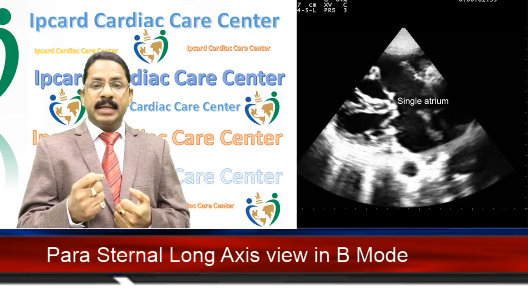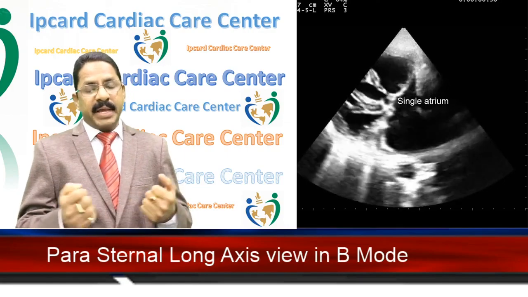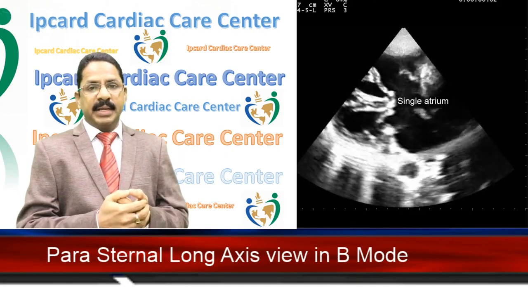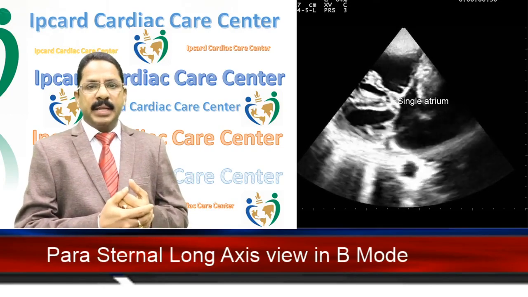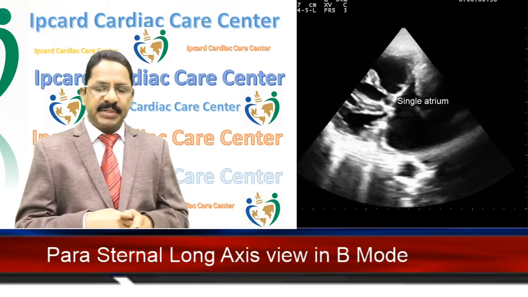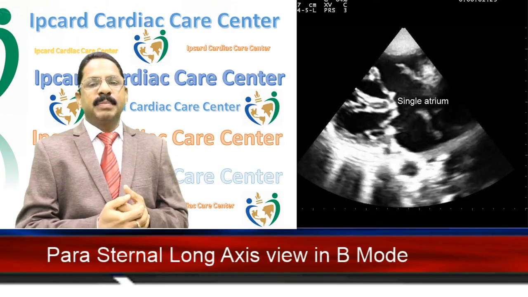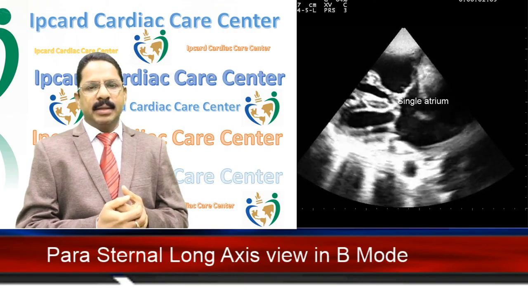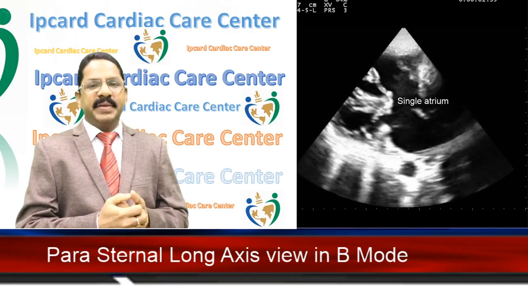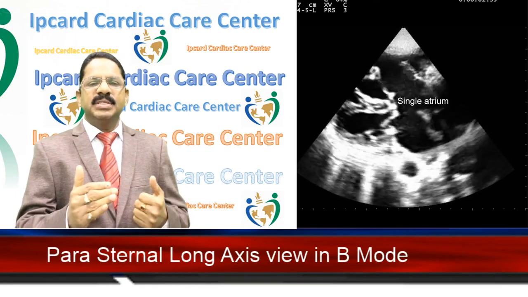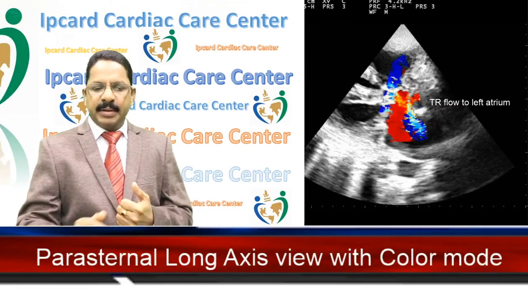When there is reversible pulmonary artery pressure, due to diuretics or other vasodilators, if the pulmonary pressure is coming down, that means it is reversible. Even after maximum medical management, if the pulmonary pressure is not coming down, it is called irreversible pulmonary hypertension. In that phenomenon, we cannot operate. No surgeon will take this patient. Let us go to the next pictures.